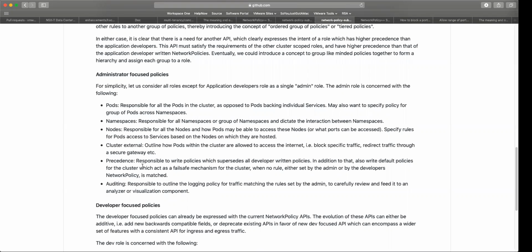On the other hand, a developer can write some policies to expose their services outside of their namespaces or cluster, and if that doesn't happen, then the administrator may have certain default or fail-safe rules that the cluster needs to adhere to, and those would then be enforced after the developer policies. So those are the kind of questions: first of all, whether this makes sense, and second, if yes, then how do we solve that? This document doesn't answer that question, but these are the things that maybe we need to think about. Yeah, that makes sense.